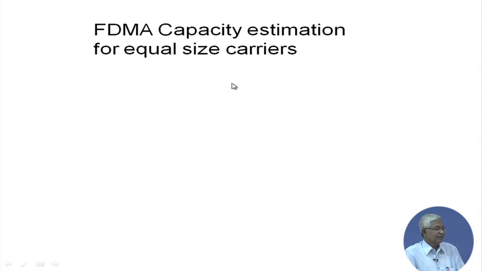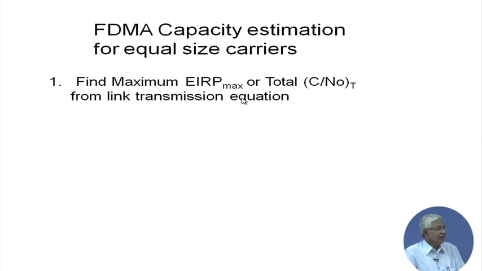All carriers are having same power, all carriers are having same bandwidth. How do you do it? So first we find out the maximum ERP possible in this transponder. Assume the whole transponder is being used for easy calculation. So what is the maximum ERP or the total C by N naught, that is the link support from